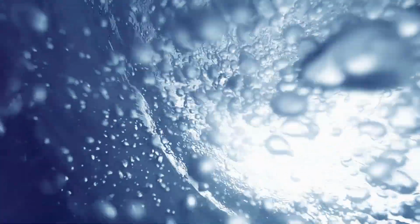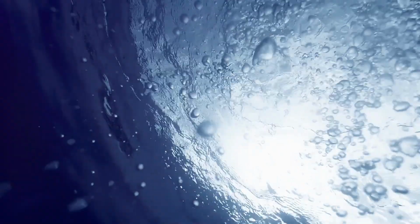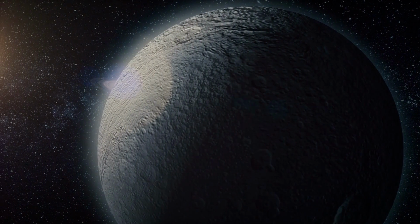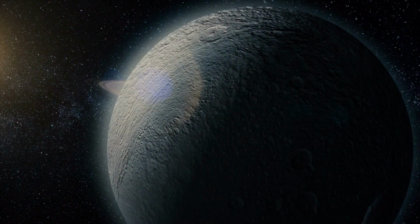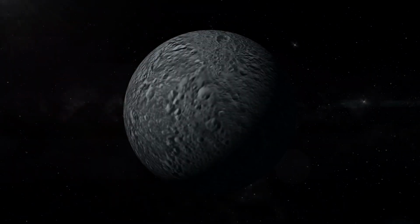This ocean, if it exists, is thought to be relatively small and deep, perhaps located 15 to 20 miles beneath the surface. The evidence for Mimas's ocean comes from its wobble, a slight libration in its rotation that suggests the presence of a liquid layer beneath the surface. Future missions to Mimas could use more precise measurements of its wobble to confirm the presence of the ocean and